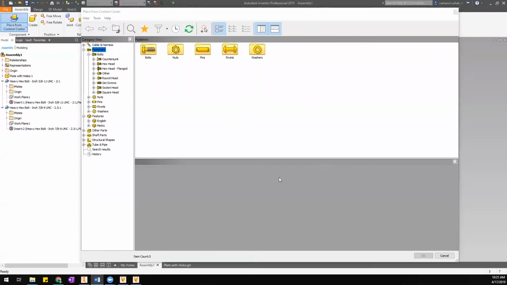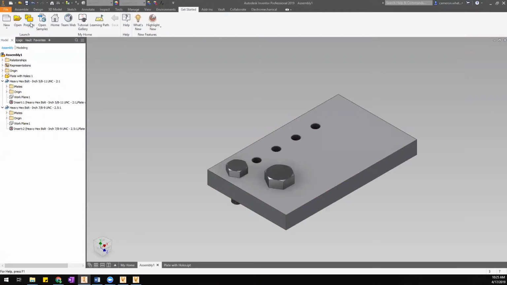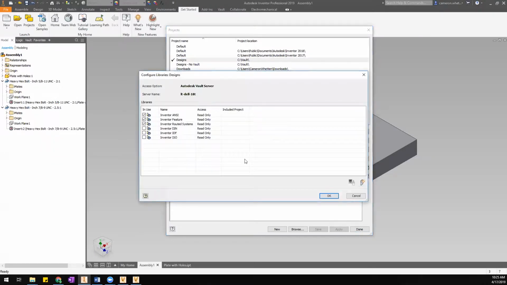It's all read-only. So in order to actually create new content or modify existing content, you have to create a new library specifically for that. That's a read-write library. So let me show you. If I go back to my project setup and go into my configure content center libraries, you'll see